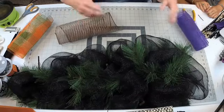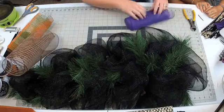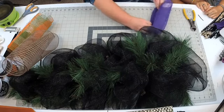So since I use a lot of pipe cleaners when I make this, I didn't want to pre-make a whole bunch and use extra pipe cleaners, so I'm sorry. So we'll just, and all I do is I start one side,